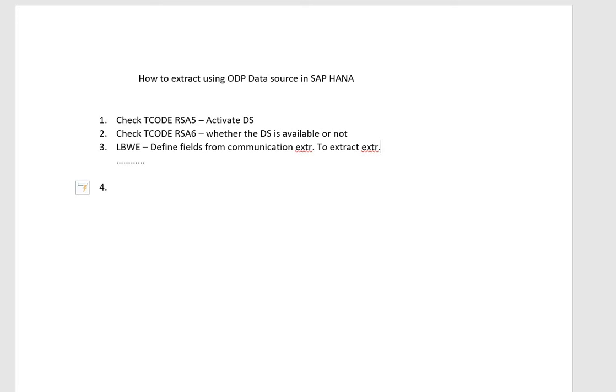Yeah, one more part I'm adding here. Suppose you want to activate the data source that you created. So how can you do that? When we did not use ODP, we had to use RSA3 in order to check whether the data is coming or not. So in this case, we have a different program which you can use,